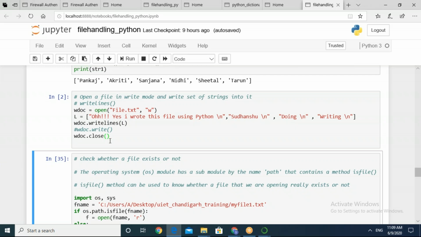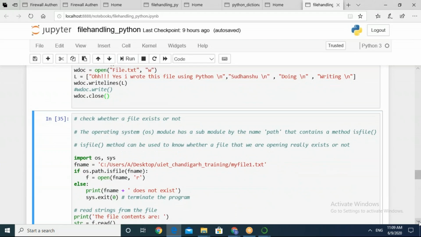So we are moving to the next example now. Check whether a file exists or not. For this, we are going to make use of the operating system module os, which has a sub-module by the name path that contains a method isfile.